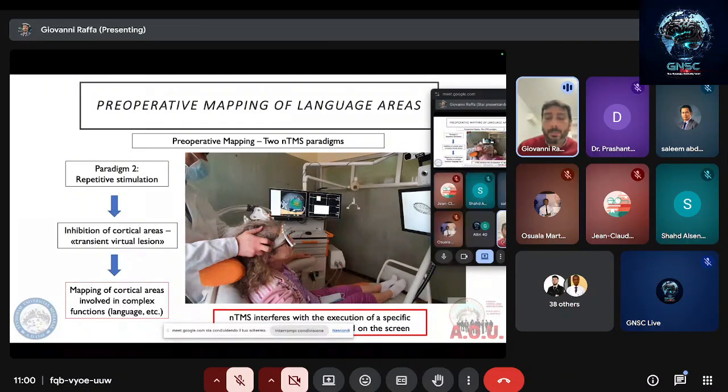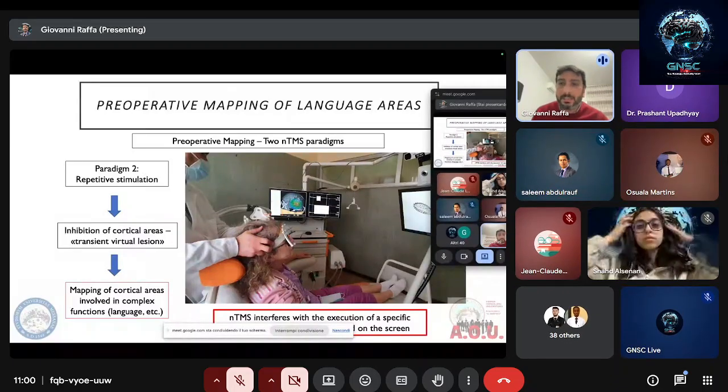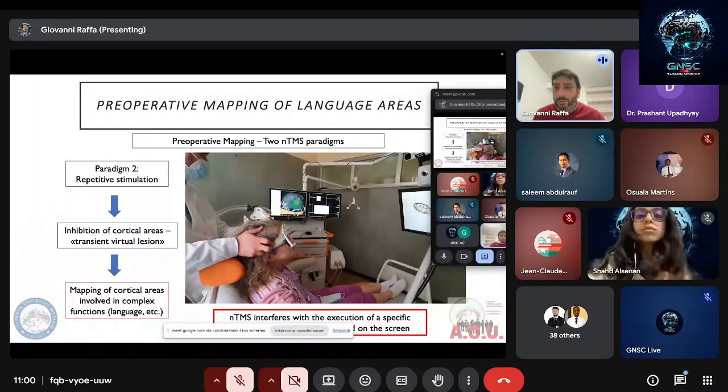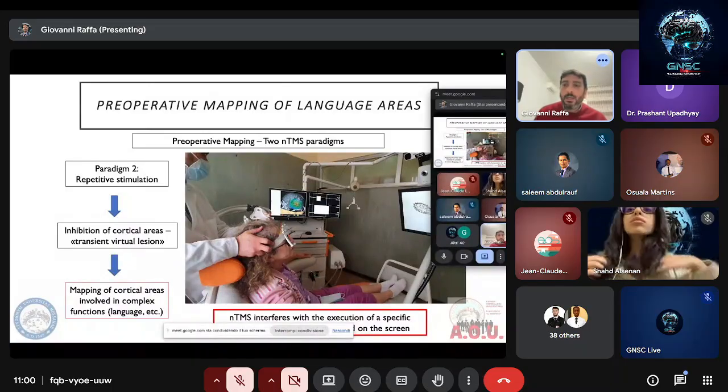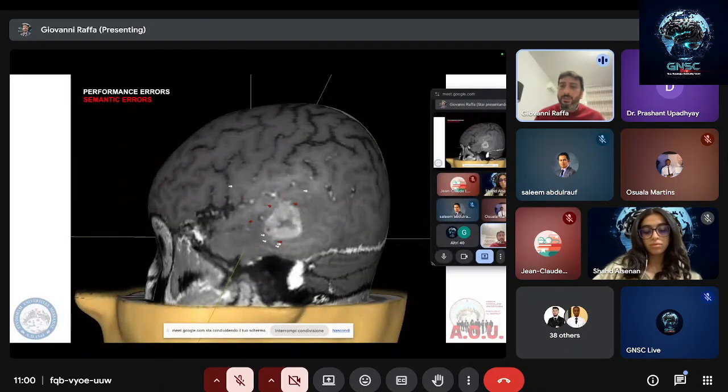So the patient is asked to perform a task, for example, an object naming task if we want to study language. And then we start our stimulation and we can inhibit the language network. So the patient is not able anymore to name the object that he or she is watching on the screen. So we can locate, using this kind of approach, using repetitive NTMS, the location of cortical language essential